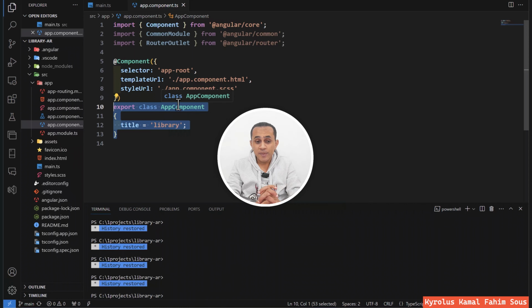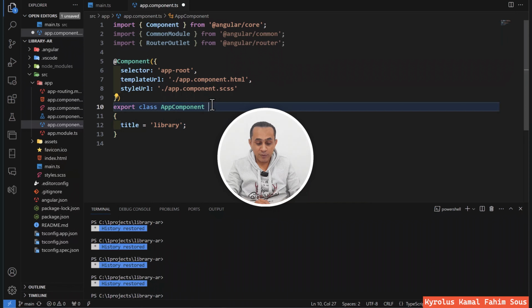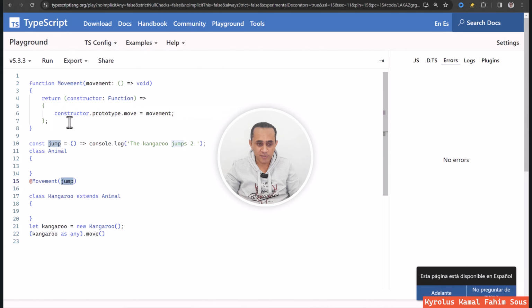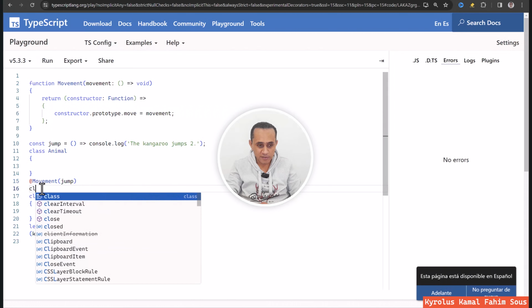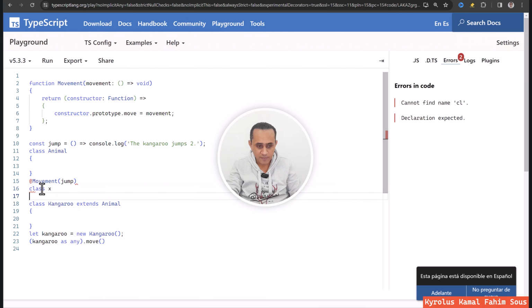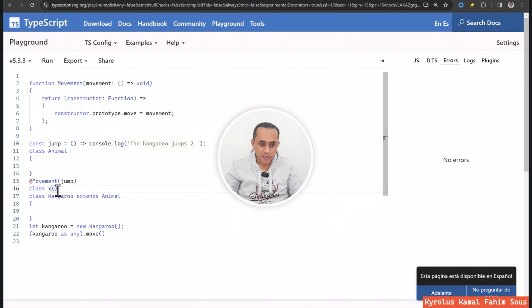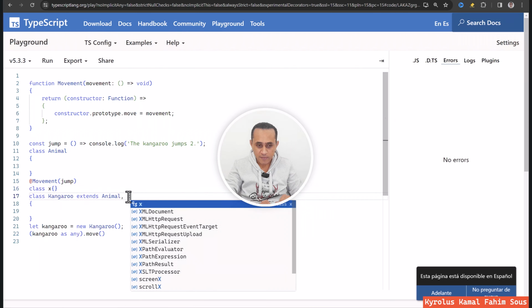Also, there is an important reason why the Angular team doesn't use inheritance, which is that TypeScript only allows you to extend one class. For example, if I write class X, whatever, and I need to extend it here, we can't.